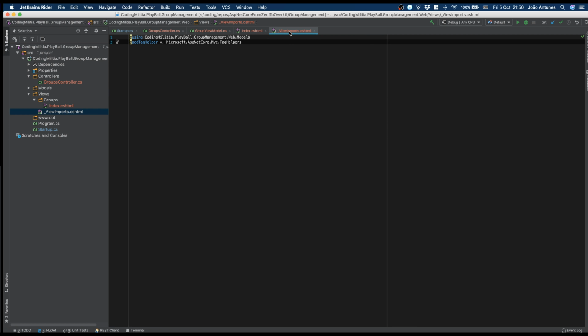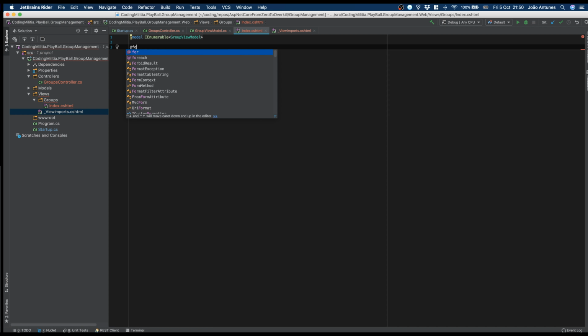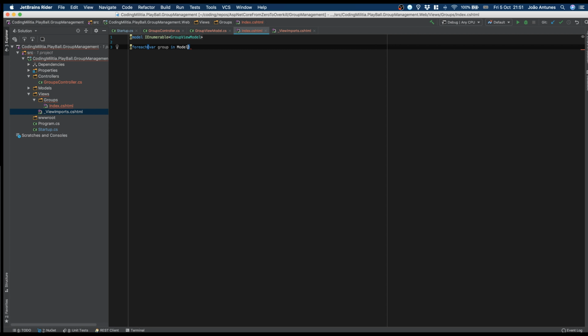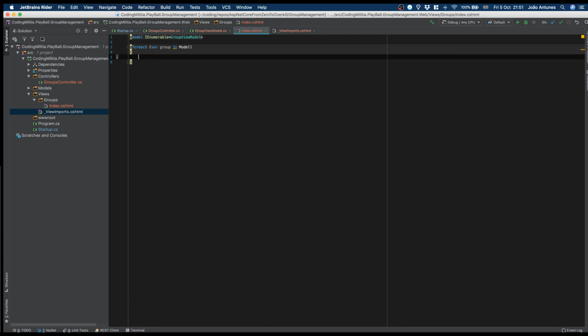So I'm adding to this view imports file our models and the tag helpers that are ASP.NET MVC specific, and we'll use it. So I'm importing right now. So if I go here, we have this. Don't need to add the whole namespace. And now we can just do this to iterate and do something like